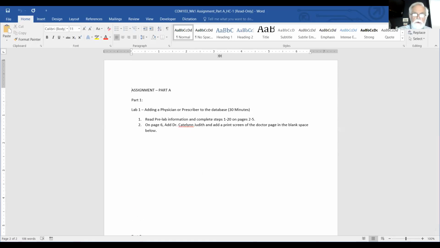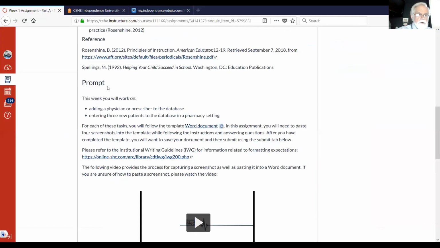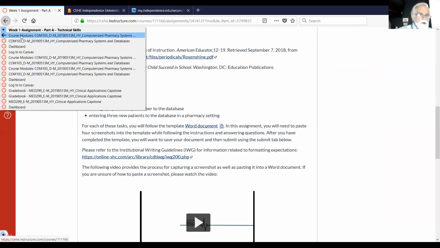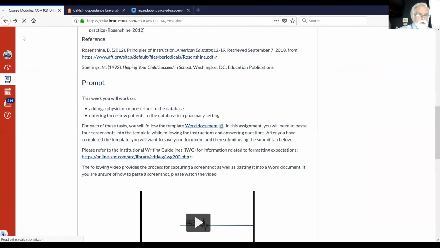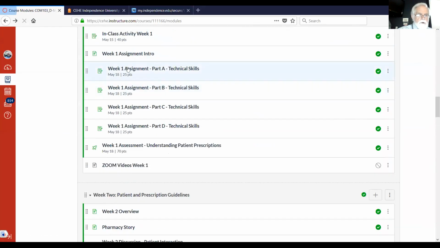Okay, so let's go back to here, and then we'll go back to the assignment and back to course modules. So we've looked at that. So that's assignment 1. The second assignment, B,